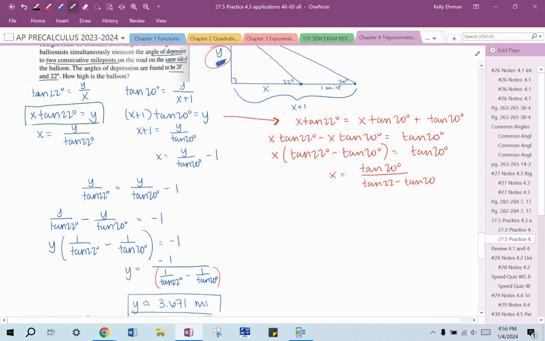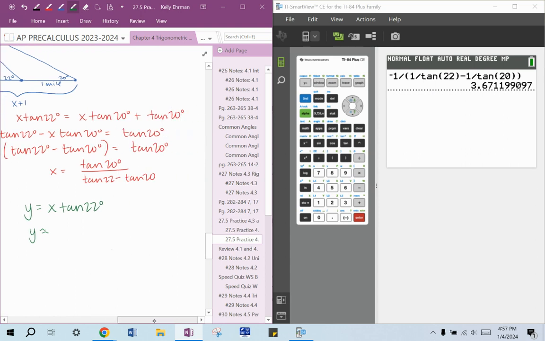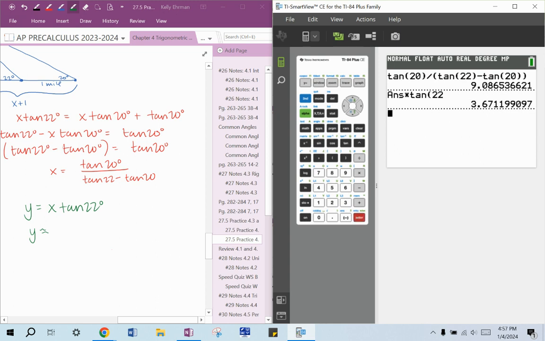Right back here. y is equal to x times the tangent of 22 degrees. So once I figure out what x is, I can also say times tangent of 22, and then that will find what y is equal to. So let me split screen this over here. So first I'm going to type in x. So this was tangent of 20 divided by parentheses, tangent of 22, close the angle, minus tangent of 20, close the angle, close the parentheses in the bottom. This is x times the tangent of 22 degrees. So I do get the same answer,